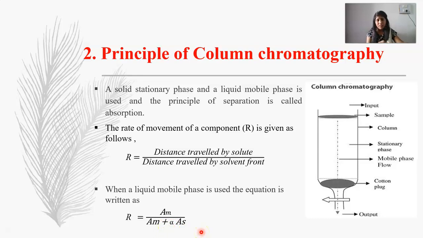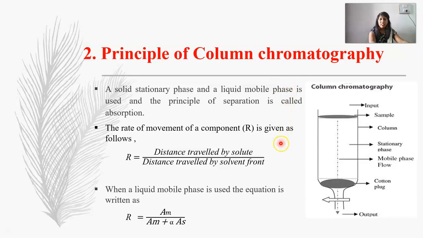Now again I want everyone to please think for a moment, what do you mean by partition coefficient? Yes, exactly. The partition coefficient is denoted by the symbol alpha, and alpha equals concentration in the stationary phase divided by concentration in the mobile phase when we are talking about chromatography for separations.